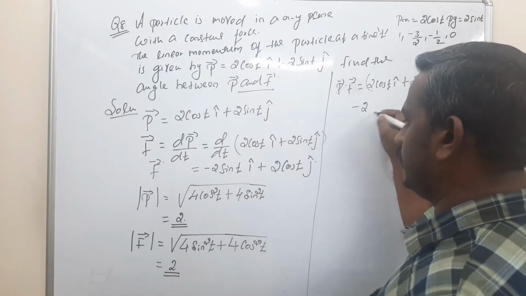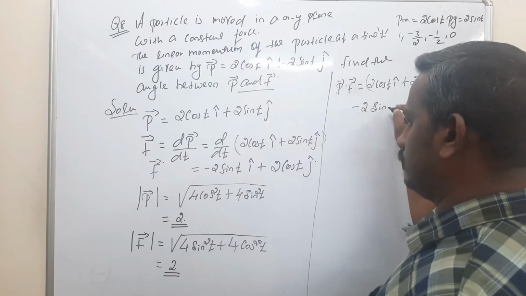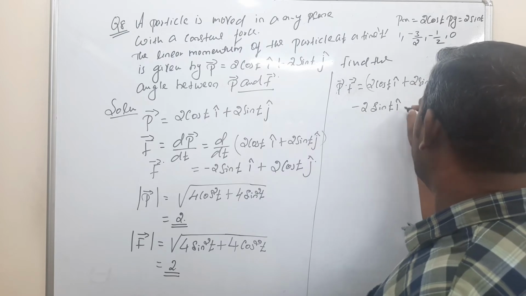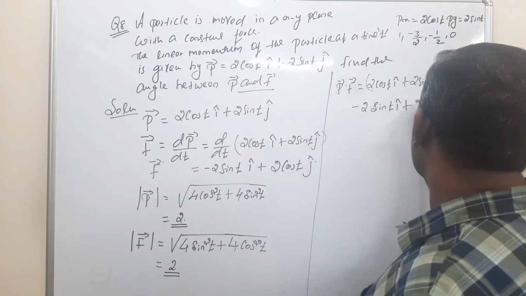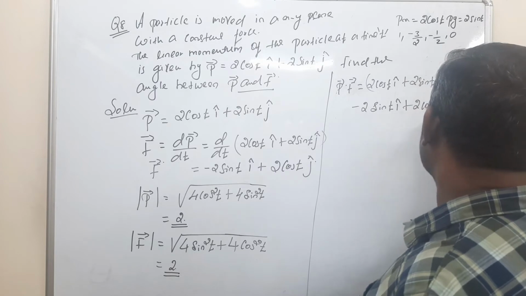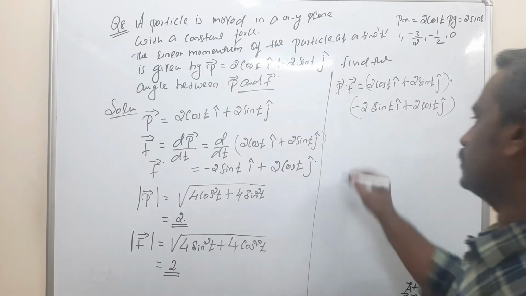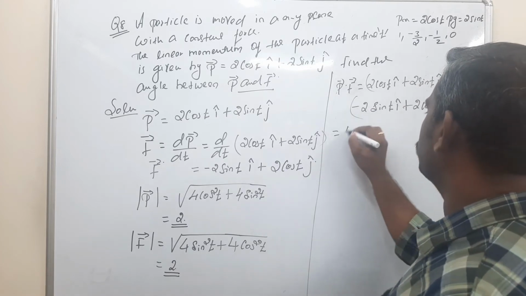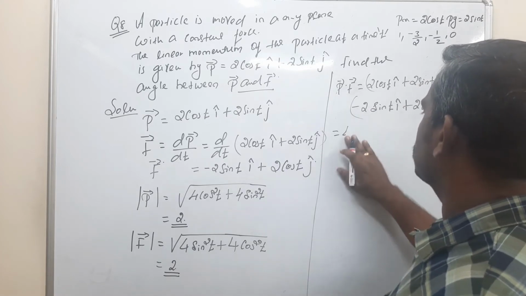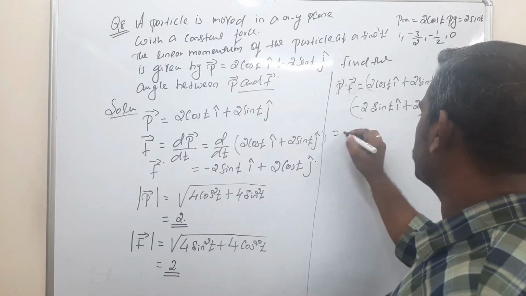Minus 2 sin t i cap plus 2 cos t j cap. So that is 2 into 2, 4, so minus 4